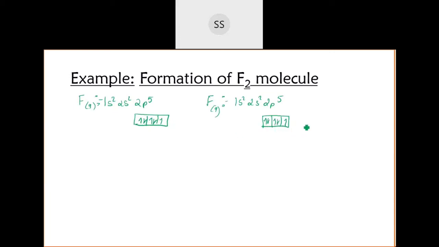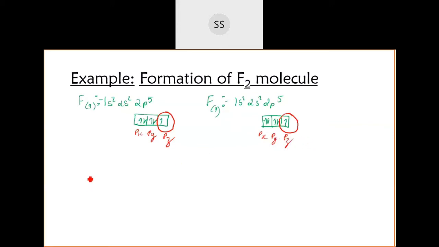So who will be participating in the bond formation? The last one, correct, no? Because they require one electron each. So this one unpaired electron of one fluorine atom, and this also is an orbital which contains one unpaired electron. These two orbitals which contain unpaired electrons will overlap together, and these are of similar type. They are in the same axis. See, if I take this as px and this as py, this is the pz, and here this is px, py, and then here is the pz. So these pz and pz are on the same axis, then they can overlap with one another.